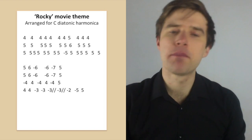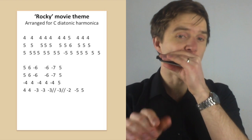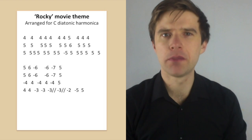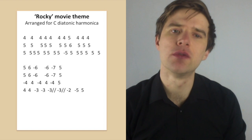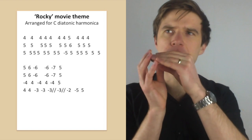Now if you can't get that bend, you could maybe go to a 3 blow. It's not going to be quite the same tune. Or you could move it up an octave. So I haven't actually tabbed this out, but